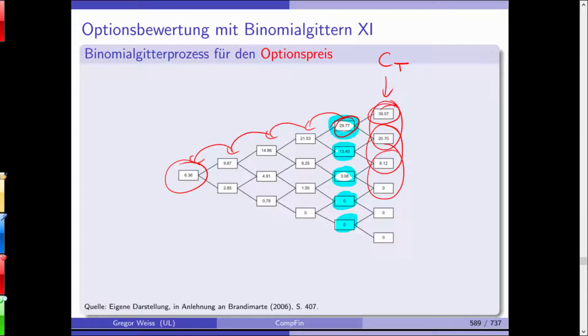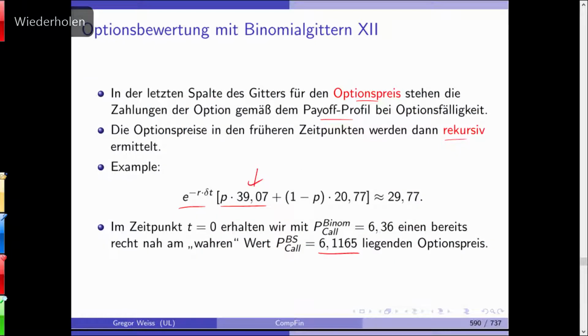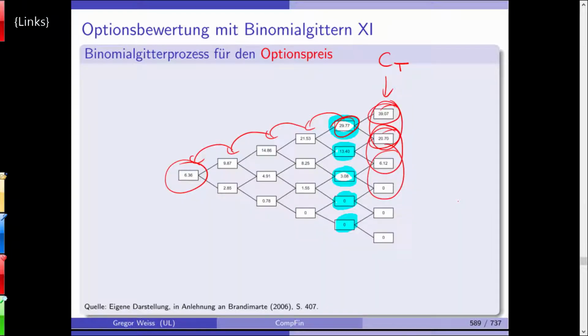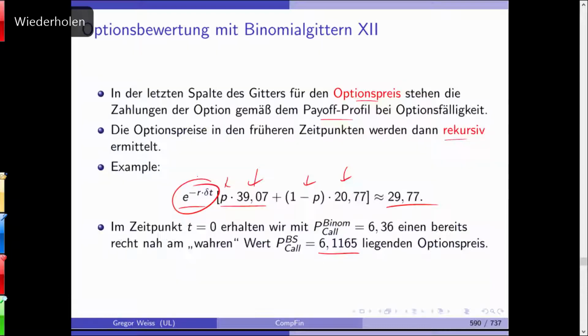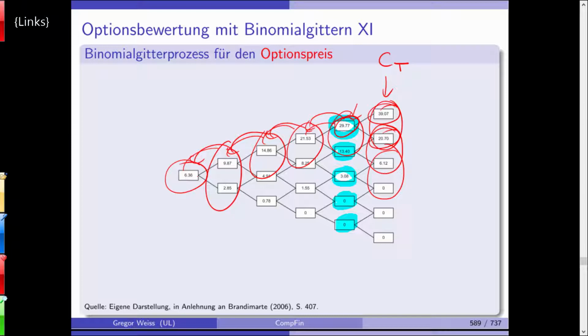You take the 39.07 and 20.70, and you take the probability p and 1 minus p, you have to discount it, and then you get the price in the next left column here, 29.77 here. And then you take those two, go back, those two, go back, those two, go back, and those two, and you have this 6.36. As you can see, with just 1, 2, 3, 4, 5 steps,